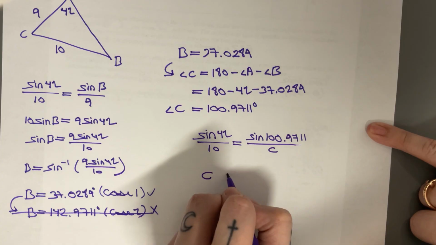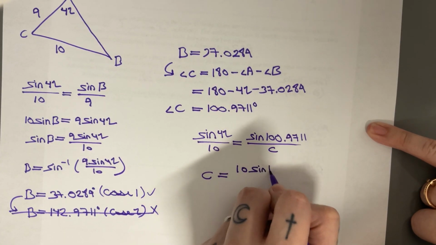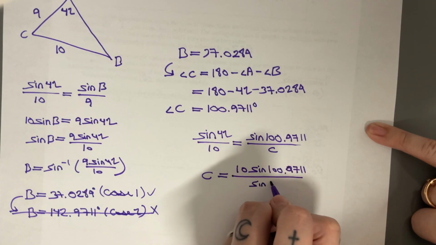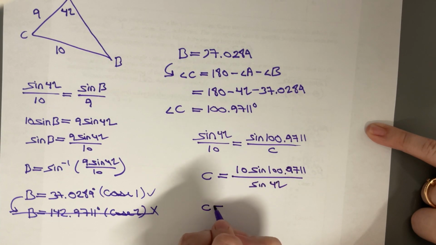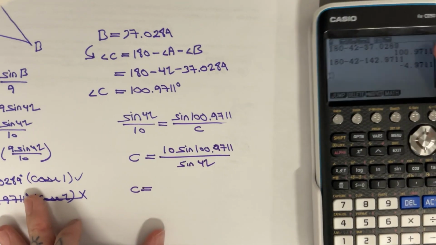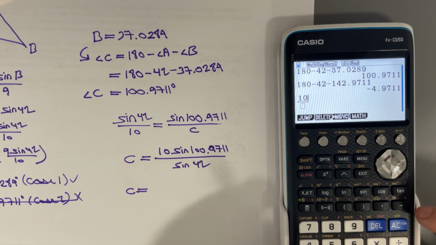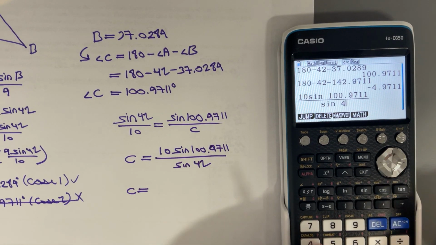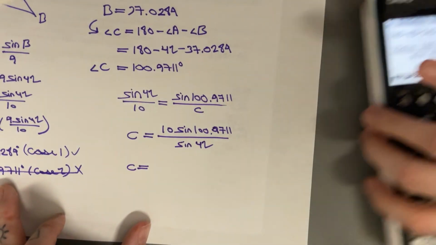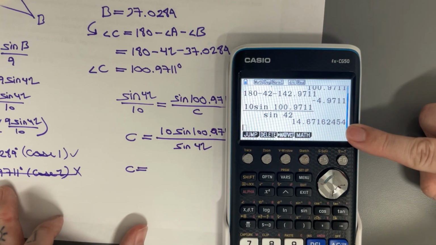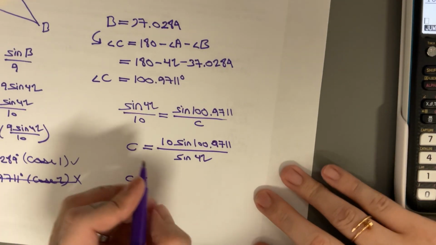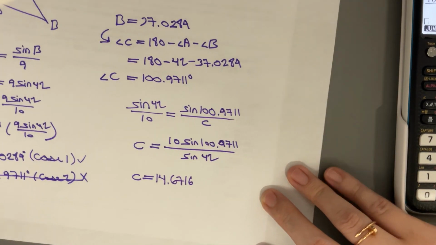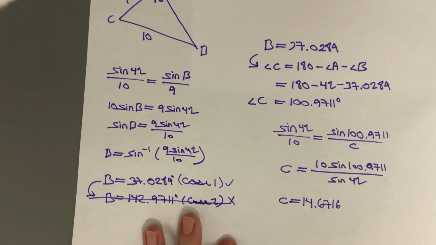So that's going to be C is equal to 10 times sine of 100.9711 over sine 42. All right, and then you're ready to plug in your calculator. So this is going to give you 10 sine of 100.9711 divided by sine 42. So that's going to give us, well, probably let you look at my calculator, 14.6716. All right, so now that I have all of my information, I'm ready to come back over here and